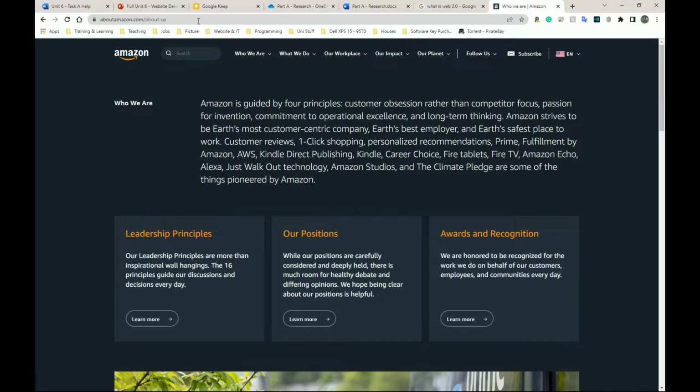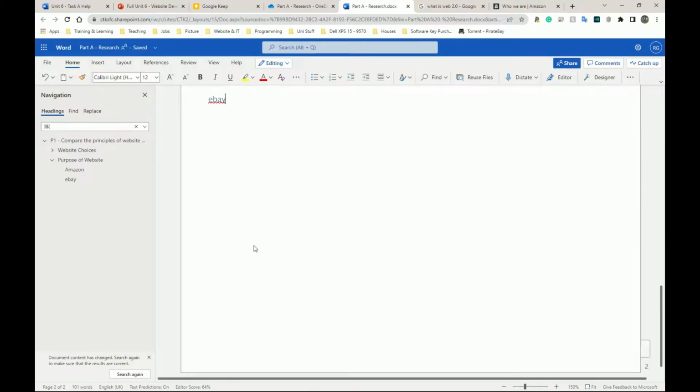It doesn't have to be this way. Speak to your teacher and ask them what is best for you to do, right? So let me go back to my document. I'm going to create another page. Let me just go all the way down and make sure another page has been created. And here I'm going to label it references. Label this maybe heading 2 as well. And under heading 2, I'm going to just put Amazon